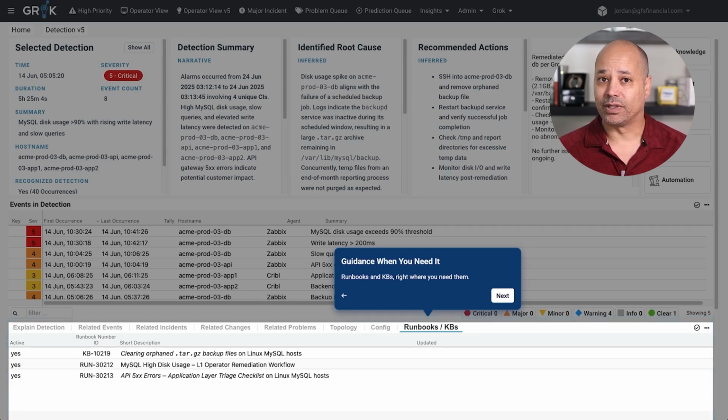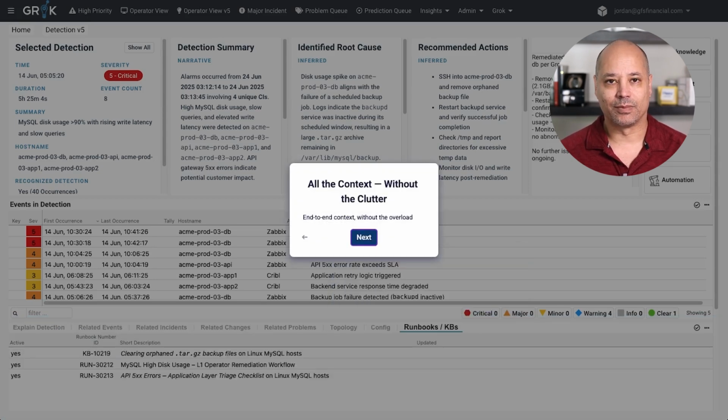This is where tribal knowledge becomes operational knowledge. And in the spirit of shift left, a newer analyst like Jordan can work like a seasoned veteran, and the experts on the team can stay focused on the truly tough problems instead of re-answering the same questions over and